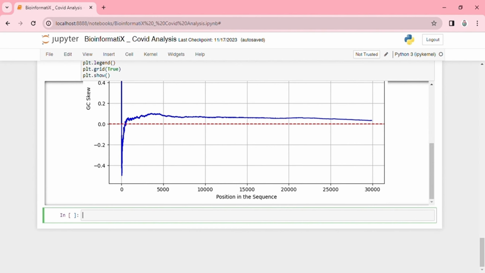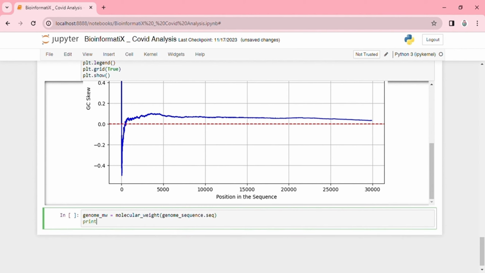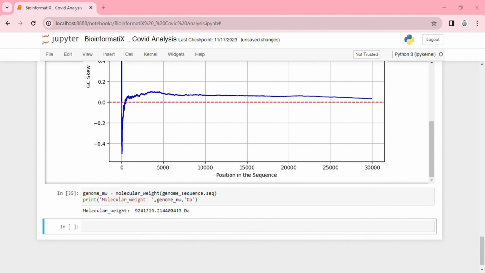Now let's get started. Firstly, let's talk about the molecular weight of the genome. We will get the molecular weight of the genome by the molecular weight function. genome_MW equals to... we got the genome molecular weight, which is